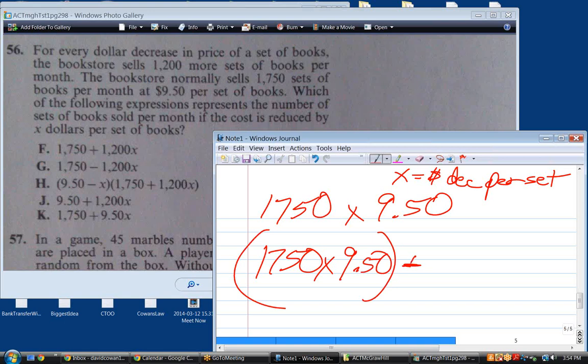We're going to sell 1,200 X, because for every dollar we decrease it, we sell 1,200 more books, but this becomes 1,750 times